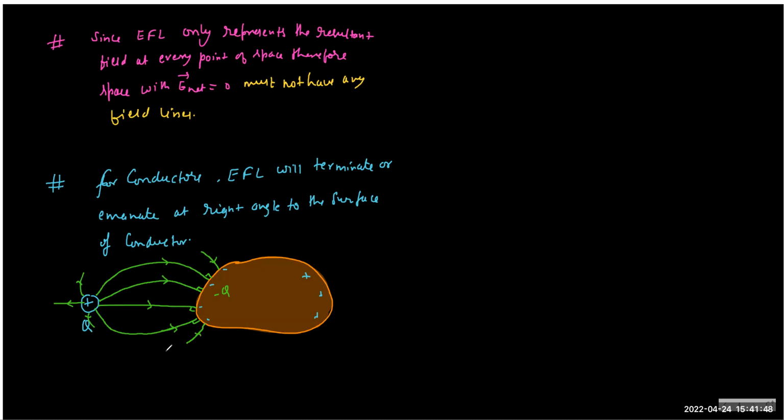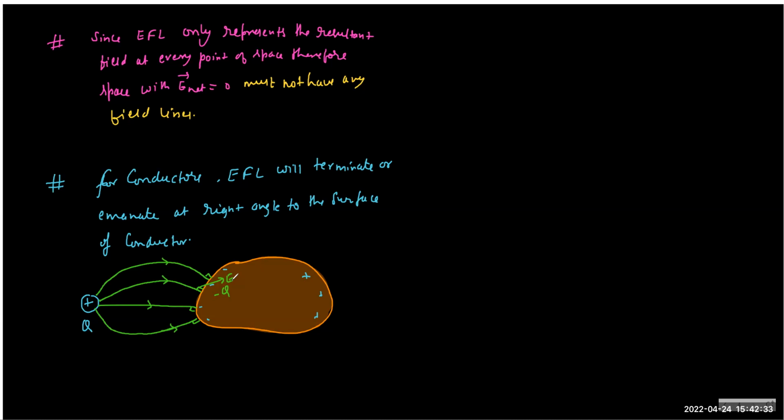I don't understand why right angle. We'll come to that. Let's say it is not at right angle, just imagine. Let's say the electric field is at some angle theta. Then the electric field will have a component along the tangent. Now, if the electric field has a component along the tangent, then the surface charge will be at rest or in motion? It will be in motion. Then how will charge equilibrium be attained?